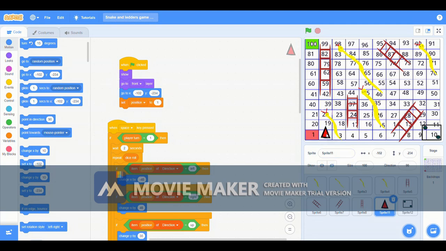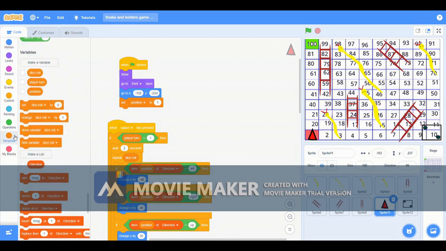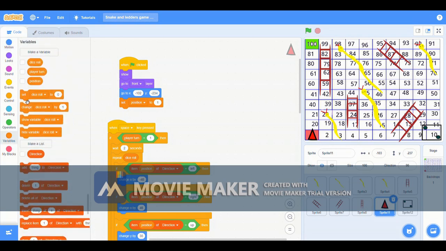So here the position is X minus 57, and here it will be minus 103, Y minus 234. It's based on your position. So then you will go to variables again and then set position to 1. So the position should be 1, and then